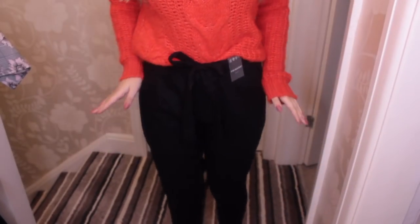I next got this pair of linen blend trousers. Again, as I said, I don't know if I actually did say this, but this is going to be a try on. You will have noticed that by now already. So I will include a try on clip of these because you can't really see. But they're basically just linen blend trousers. They have a tie around the front. They are elastic, they go down and they are rolled up on the bottom, and they're just really, really comfortable. I wanted something different than jeans and leggings that I could wear and maybe look a bit smarter, and these were only £10. I then got a pair of flip-flops because they were 90p, they were gold, and I love